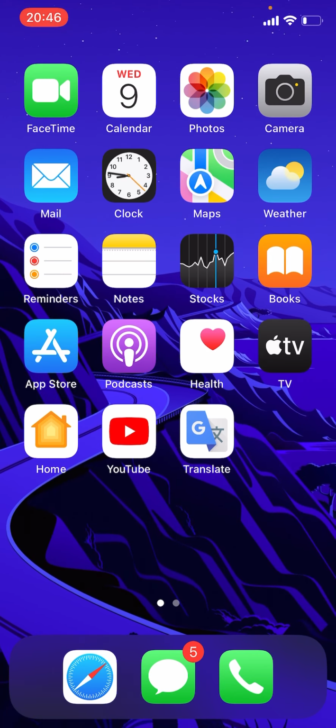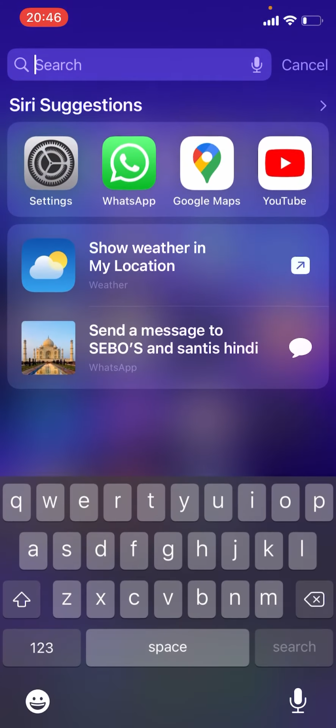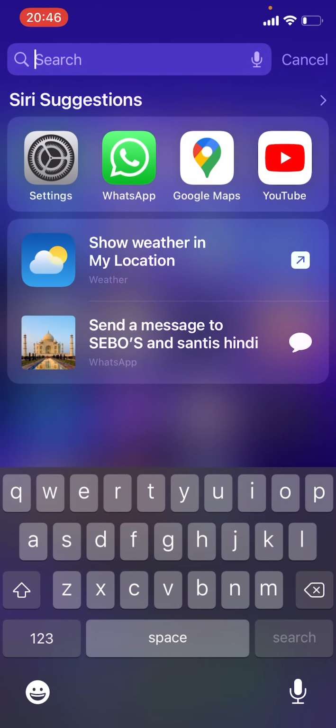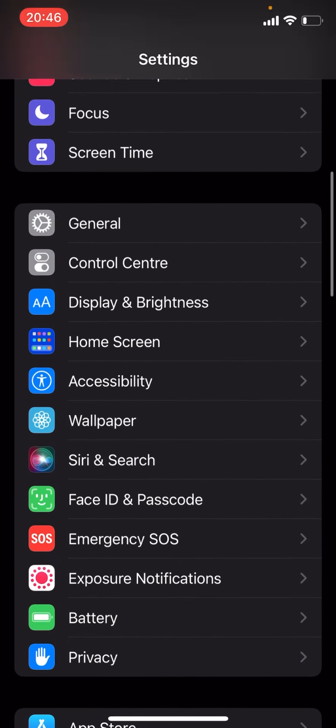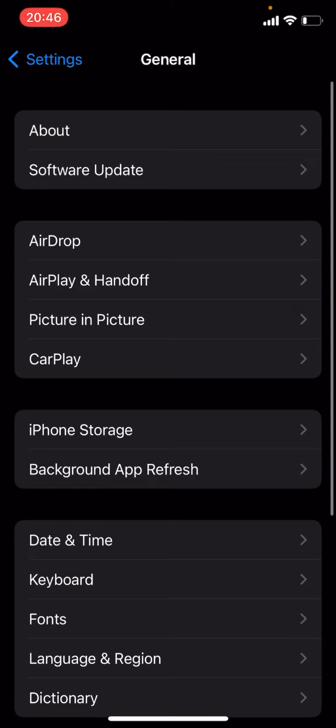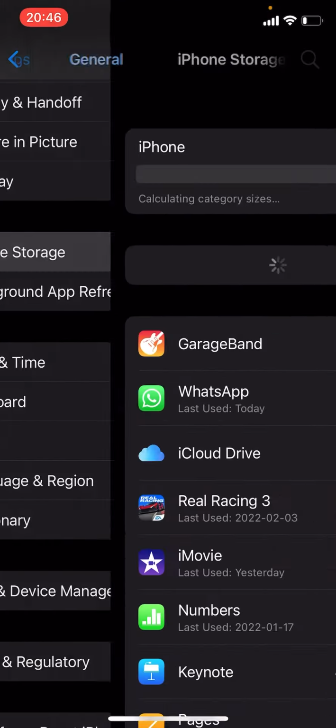For the first tip, make sure that you have a gigabyte of storage left, meaning you have enough storage space. Technically, I would suggest that you have more than this, but as long as you have 1 GB, that's the least you can have. You should not be experiencing that much lagging. Anyway, if you go to Settings, I want you to go to General,